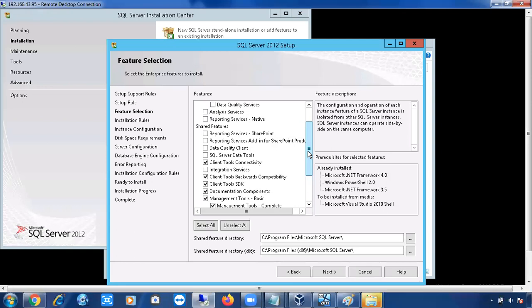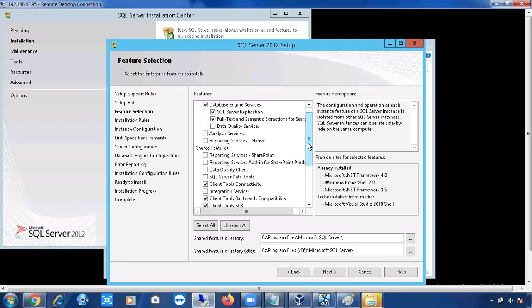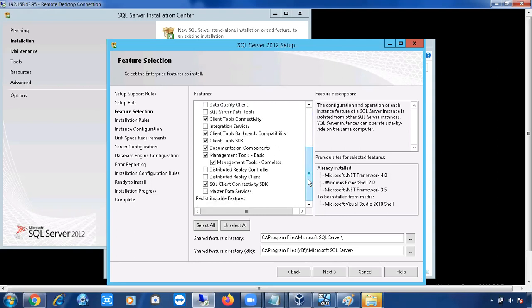Of course you have to remember it, or else in the build sheet they are going to mention the shared features as well. Don't expect to find a build sheet in every organization. In startup companies, you have to prepare your own build sheet. Next time you will see these disabled, grayed out, you cannot select them, because they are already installed. Okay, you can go next.